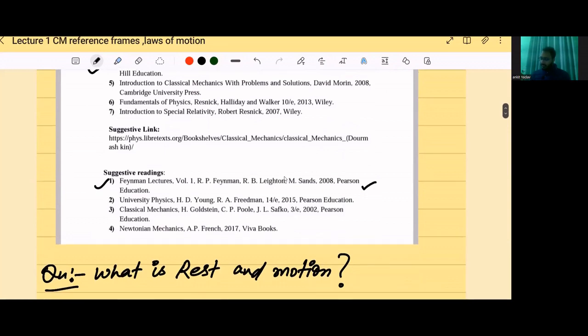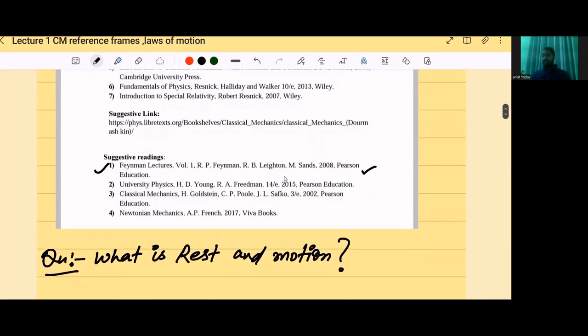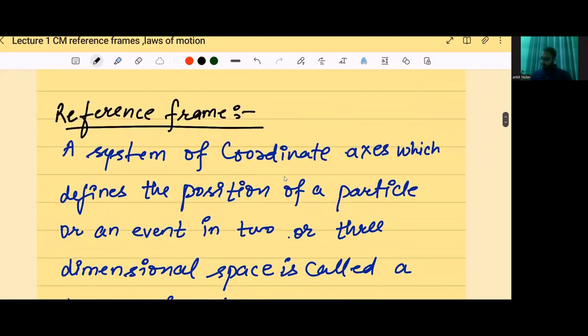So first and foremost, the question we can ask in classical mechanics, basically it is designed like that: what is rest and motion? How do we define these phenomena, rest or motion? From one standpoint, we can say that the object is at rest. From another standpoint, we can say the object is in motion. If you don't understand it, I will give you an example in some time. Before that, let's understand